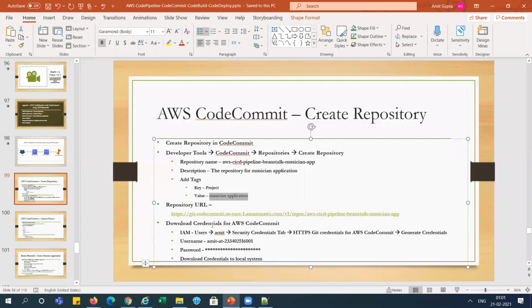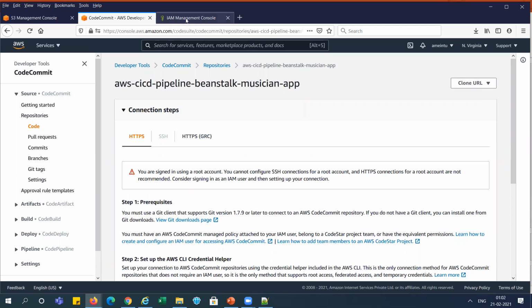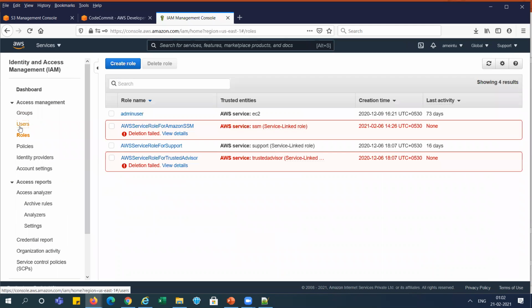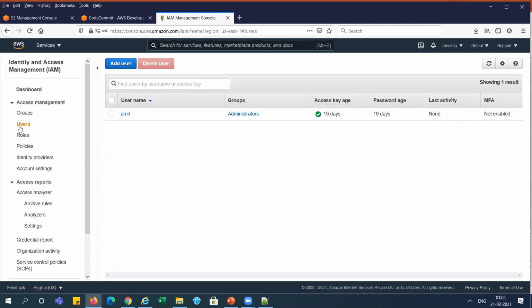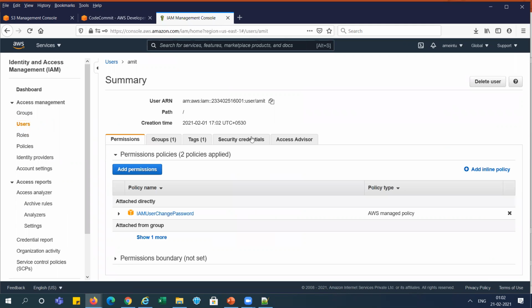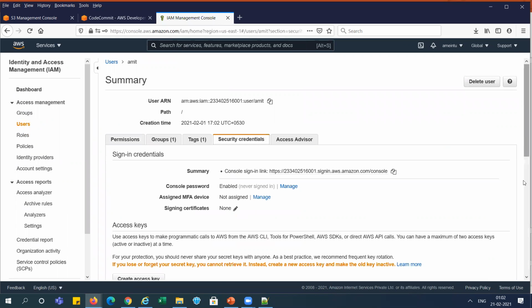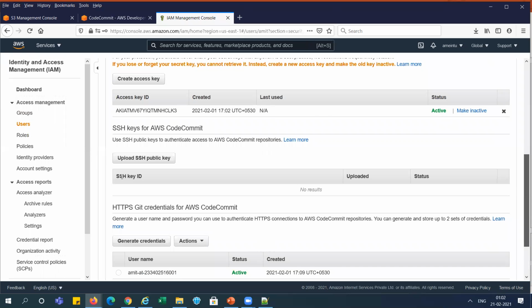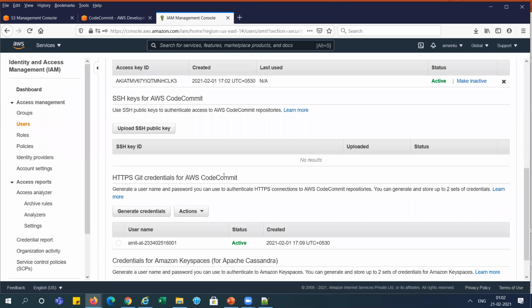But for connecting to this repository, we need CodeCommit user credentials. So go to IAM. You can see I've already created one user here, the admin user. In this user, I am going to the security credentials tab, and here you can see HTTPS Git credentials for AWS CodeCommit.